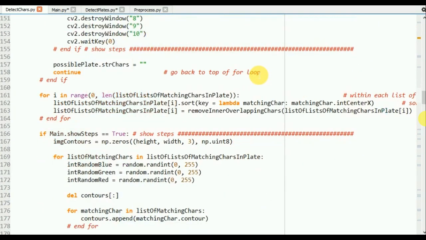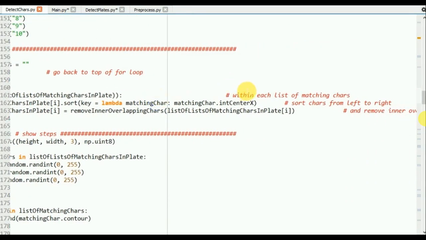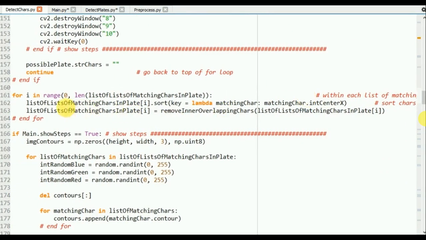Now we come back to here. Within each list of matching characters, that is within each group, first we iterate over all the groups. Suppose we find groups in a possible number plate.